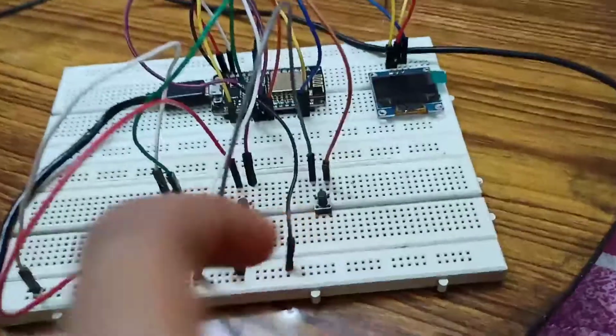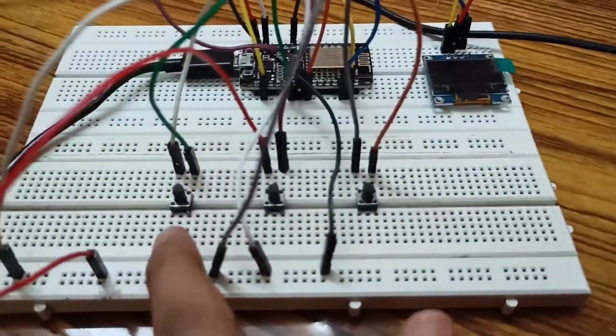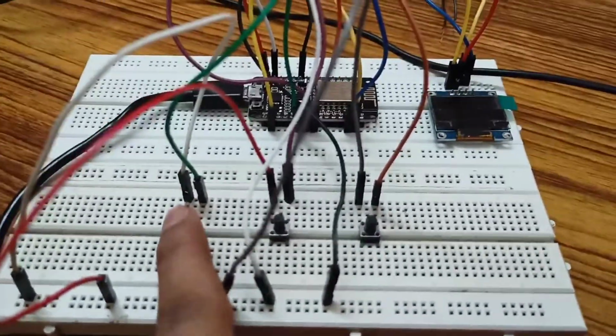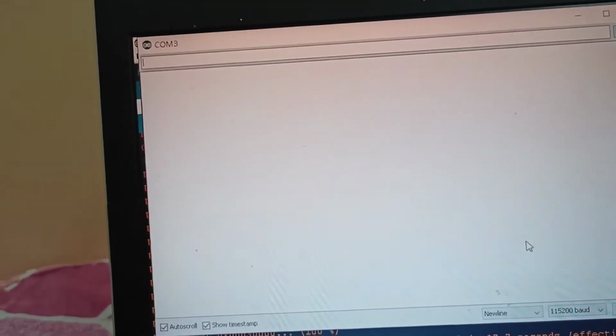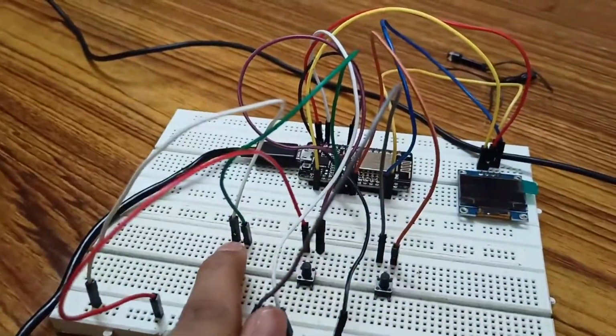Now the machine is programmed in such a way that if I press this button, I will get the results from the machine, and if I press this button, the stored results will be cleared from the device. So let me press this button.